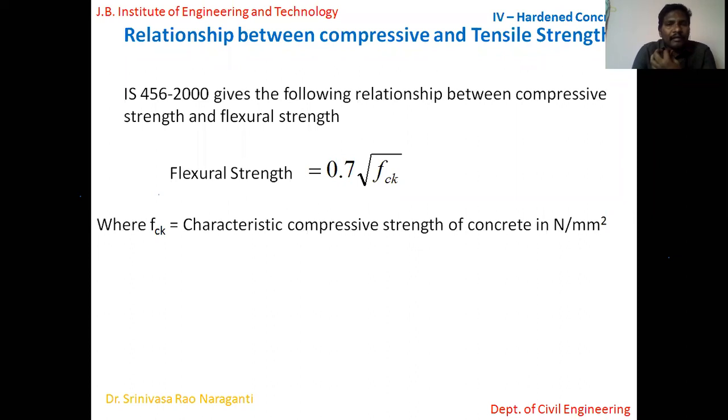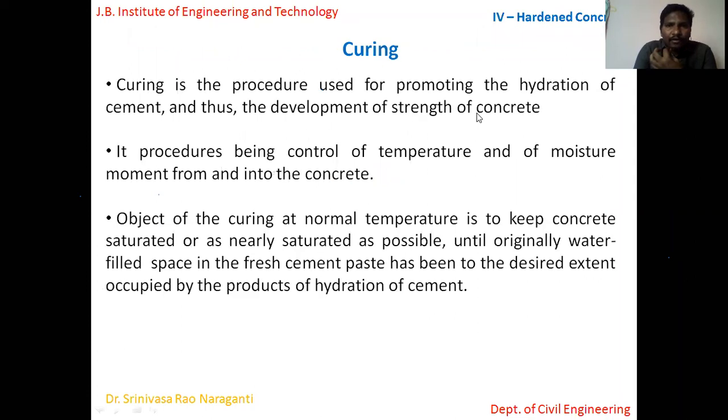So that's why, whatever we design, we make sure that we are achieving that strength of concrete at the site also. That's why even for small projects, we usually take three cubes from the site, from representative samples. Then we test them in the lab and find out the compressive strength of the concrete after 28 days of curing. Then we compare that value with the design value. If you're using M25, we check whether we are getting that 25 MPa after 28 days. That's the importance of the compressive strength of concrete. Most often we do this test. So once you know the basic value of compressive strength of concrete, we can find out the tensile strength of concrete. Okay.